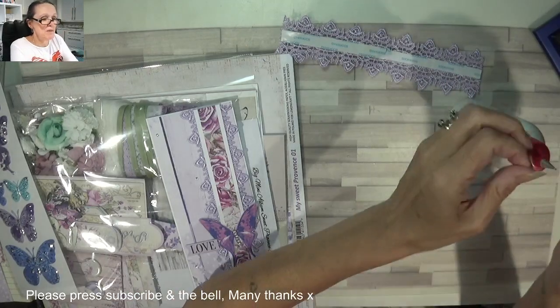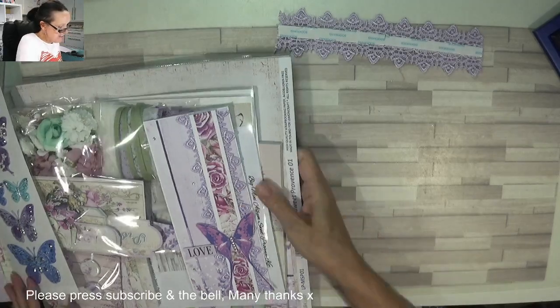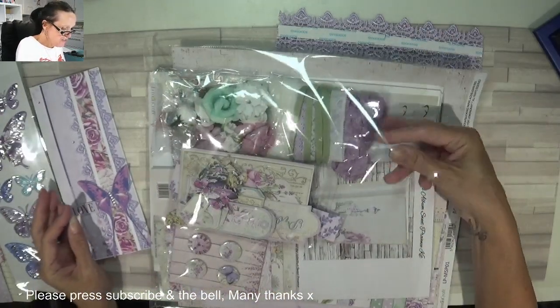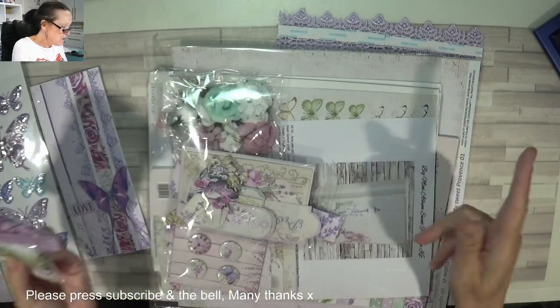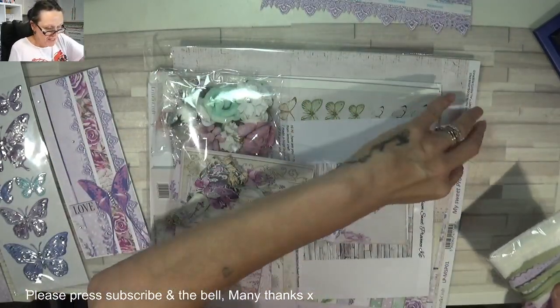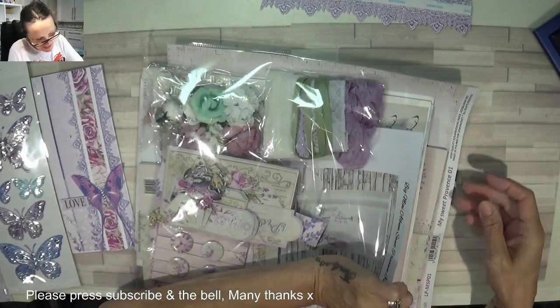I'm just gonna pop this away just for a second. Yeah, so I thought this was absolutely gorgeous. I bought the whole kit of the Scrap Queen, and she sends you all the lace, the ribbons, absolutely gorgeous. Well, that piece of ribbon I found was out of my own stash, and literally, like I'm saying, the front cover,